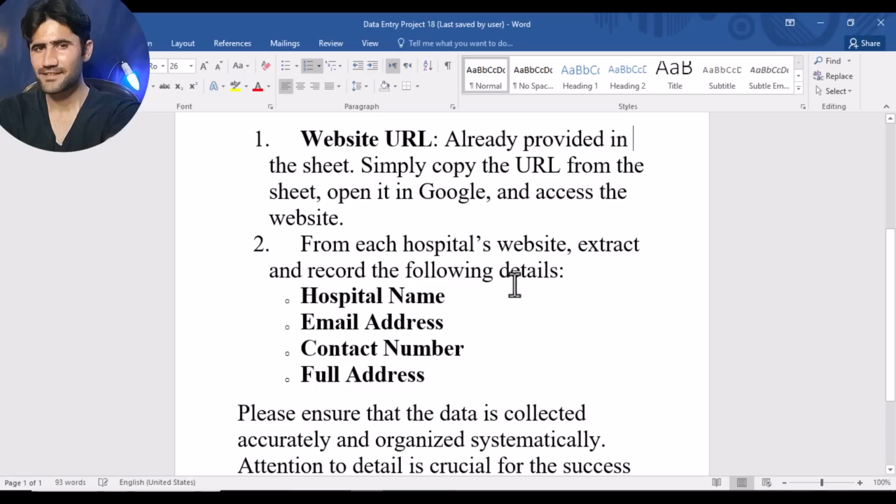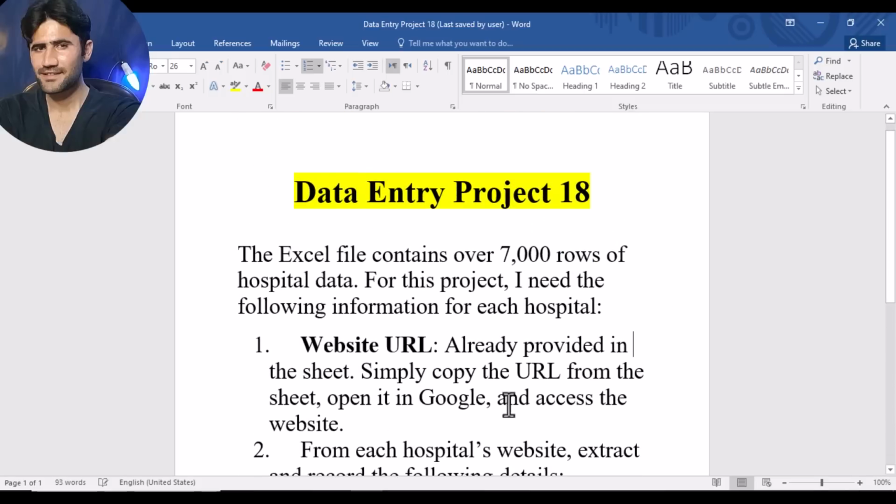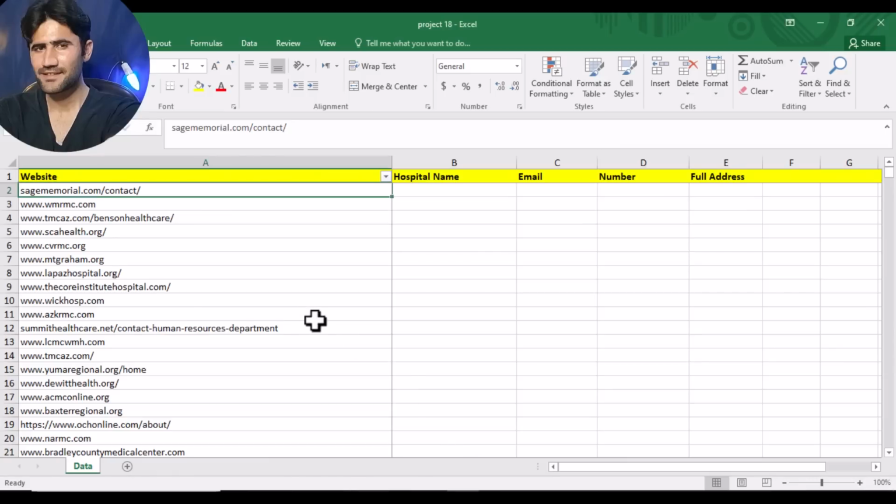extract and record the following details. Okay, so he's saying that you will need to extract the following details like hospital name, email address, contact number and full address. And below he's saying that please ensure that the data is collected accurately and organized systematically. Attention to detail is crucial for the success of this task. Okay, the process is very simple, guys. So let's begin. Here you can see he already provided me the website URL,